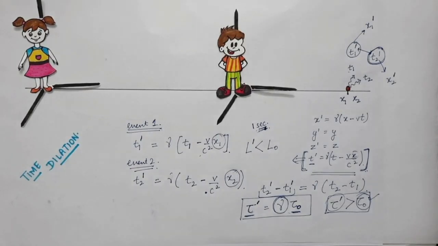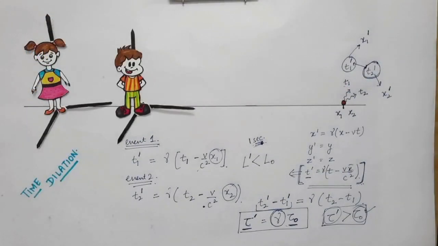There's one more concept that you must note in the case of length contraction: the length of the object in the direction perpendicular to the direction of the velocity remains the same. As we have said, the length of the object gets contracted, it decreases in the direction of the motion of the object, as we have seen with respect to the sigma prime frame.